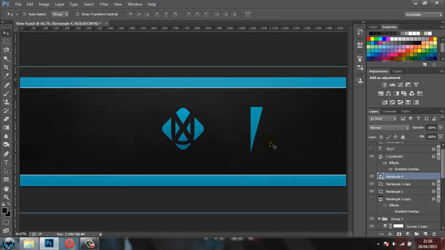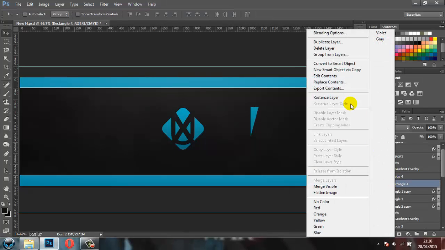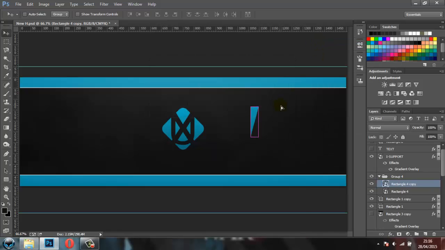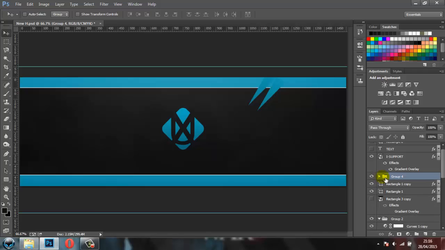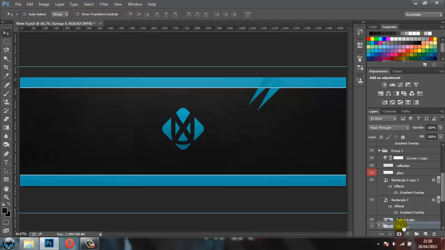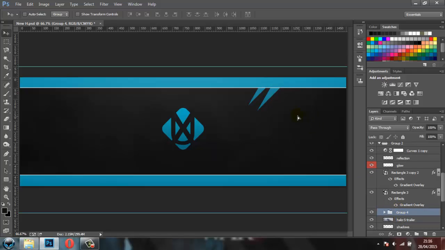Convert that back to a smart object rather, and shrink that down. And then I'm going to duplicate this. I'm just going to create a new folder and duplicate this, and then play around with this whether I like it or not. So I can convert that like that. I can sort of pull that off there, and I'm going to put this under the lines and under it again, so those could sort of point off, and then I could duplicate this here,